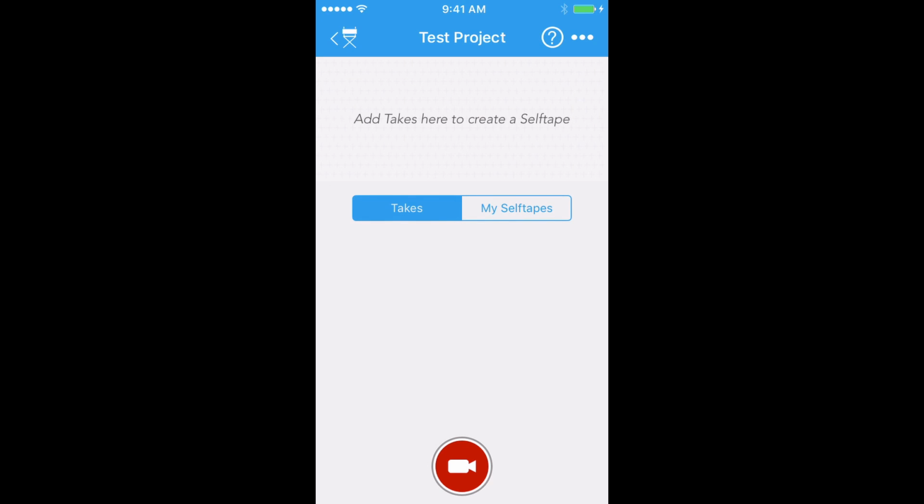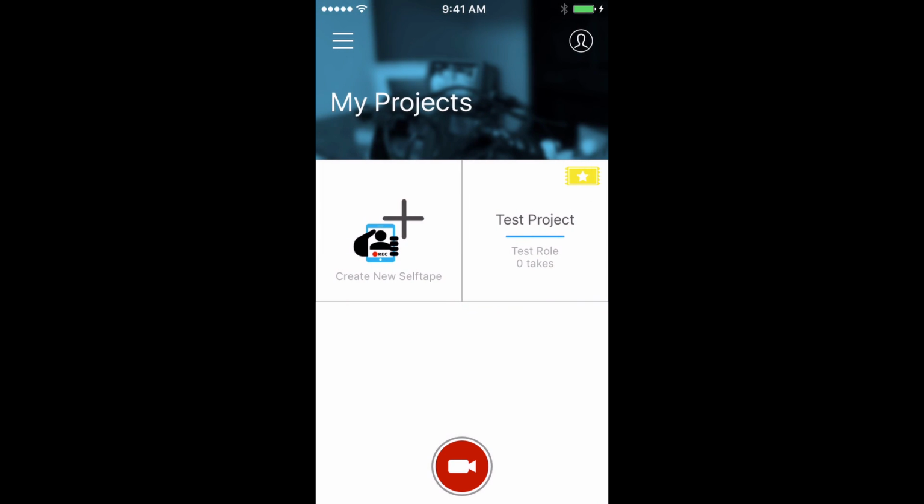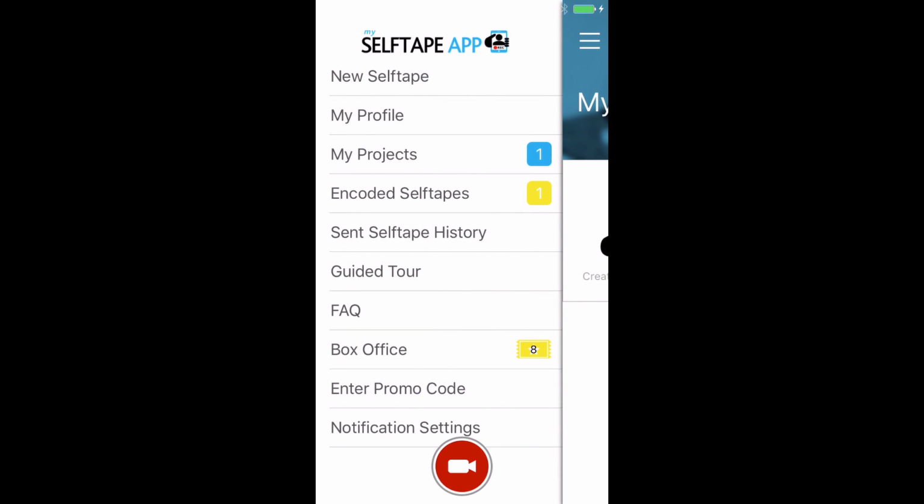Let's now take a look at what you will find in the My Selftape app menu. To access the app's menu from here, hit the back button to return to the My Project screen and select the app menu icon in the top left corner. Alternatively, from almost anywhere in My Selftape app, you can slide from the left side of the screen to reveal